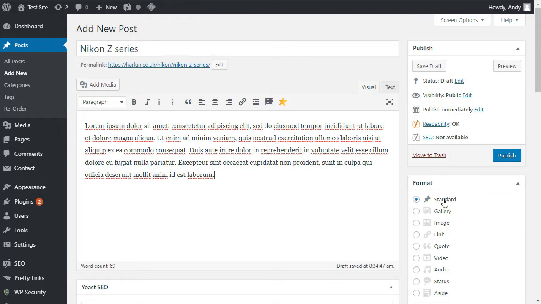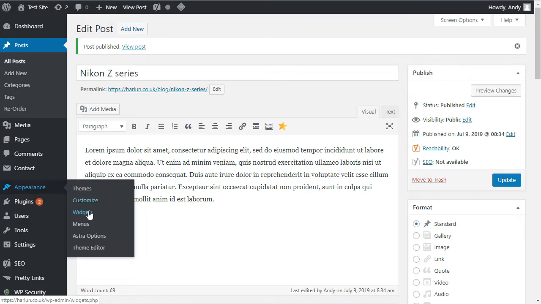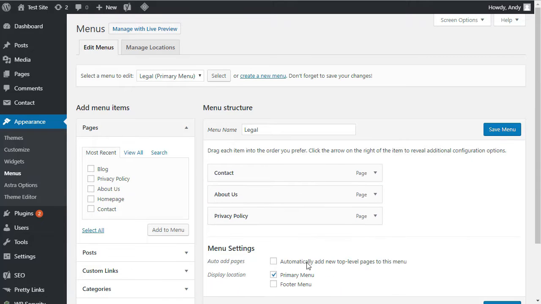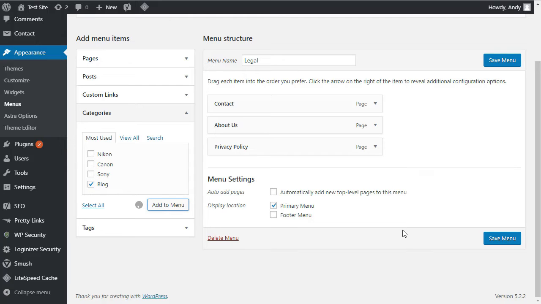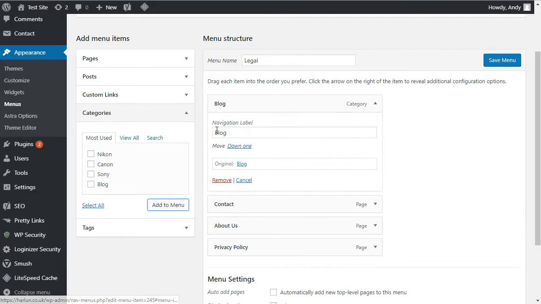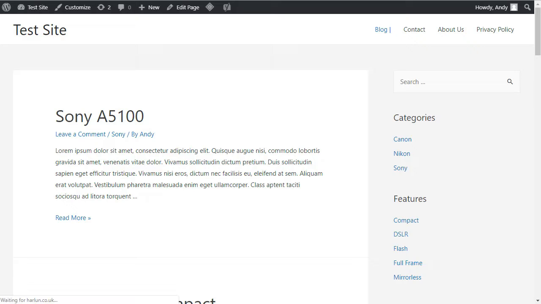Another blog post, so let's go down, click on blog and click on publish. Okay, now that's published, so we have two blog posts. Let's go back to our appearance menu, down here, menus, and instead of linking to that blog page, I'm going to remove that and I'm going to link to the blog category that we just set up. Just move that up there. I'm going to edit the navigation label. Let's just save that,